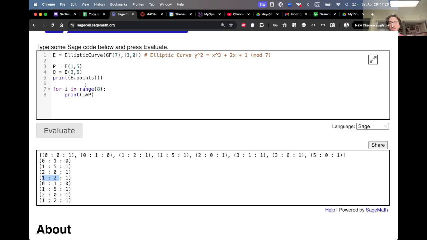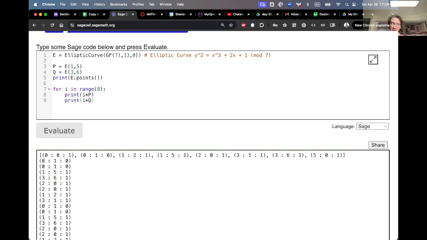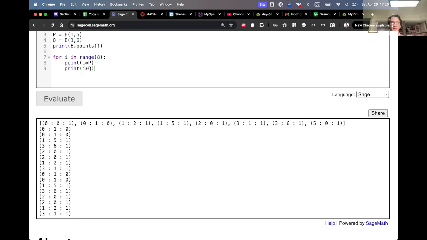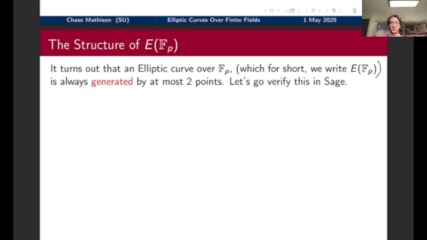To get the other 4 points, I need to look at I times Q. And technically, even that full list of I times P and I times Q, for some elliptic curves, still won't give you all of the points on the elliptic curve. You have to then also take all the possible combinations of I times P plus J times Q to see that. However, we're only interested in elliptic curve cryptography for elliptic curves that are generated by a single point,